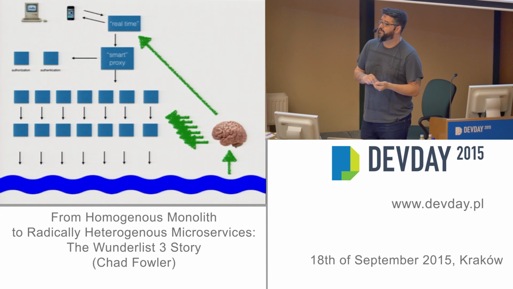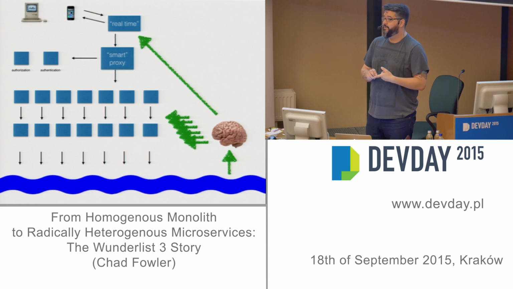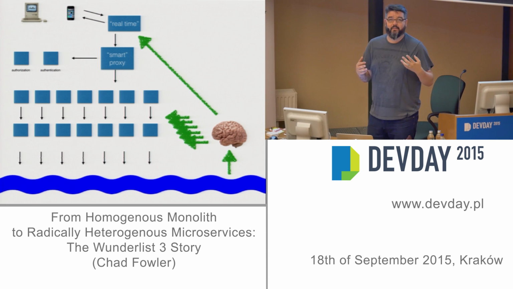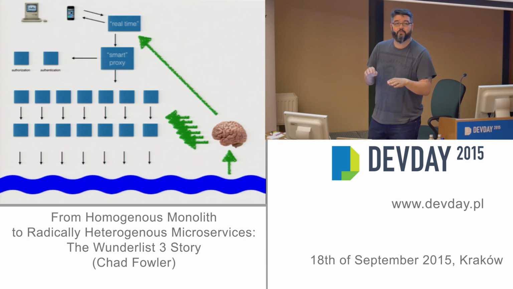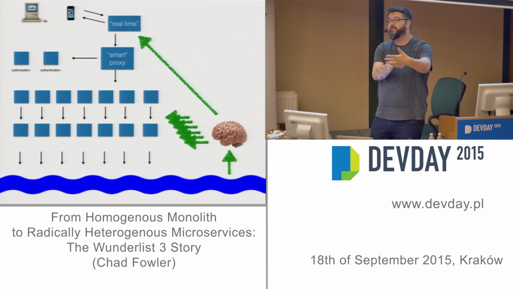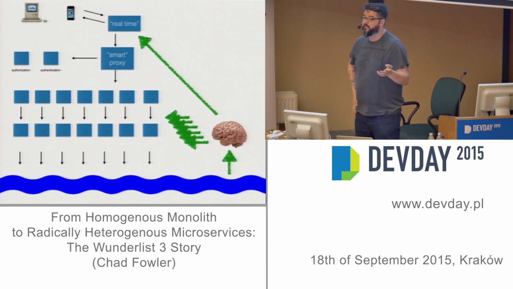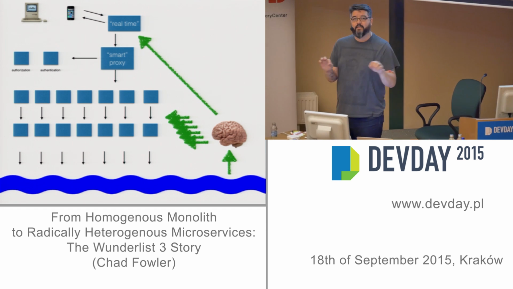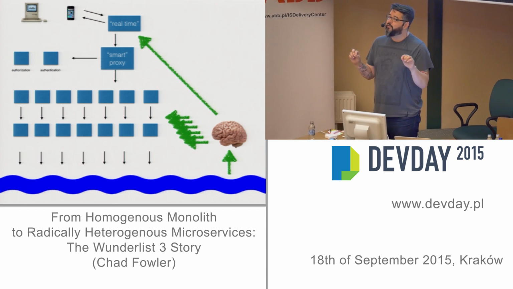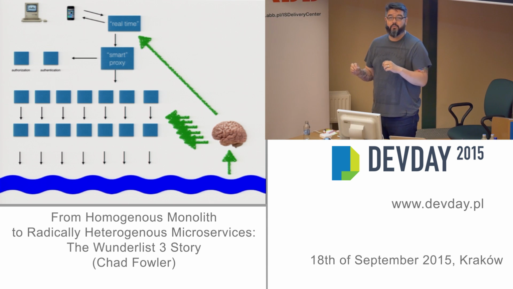And what these services do is they make sure that you have rights to do the thing that you want to do, and they do any sort of business logic there. So they may have to talk to multiple other services to do that, like to figure out that you have a membership to the list the task is in that you're trying to modify, for example. They never talk to a database. They only make HTTP calls out, which gives them the characteristic that really all they do is a little bit of computation and a lot of HTTP-based I/O, which means that they can scale in a very specific way.